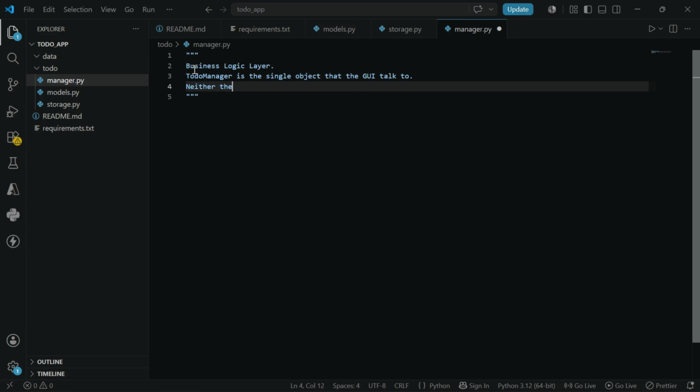Neither interface touches the JSON file or the task class directly. Sorry for the typo here. Let's update it to the file directly, and then